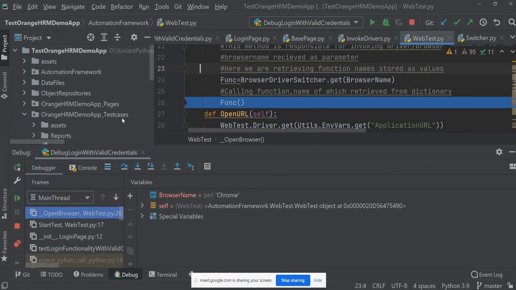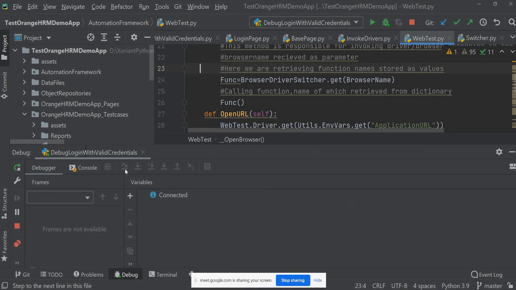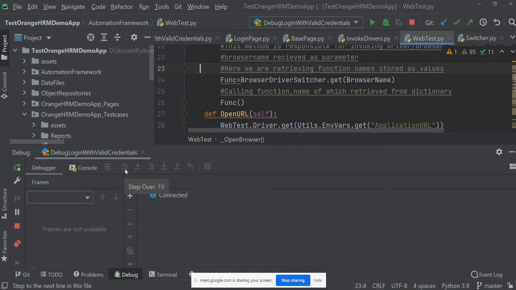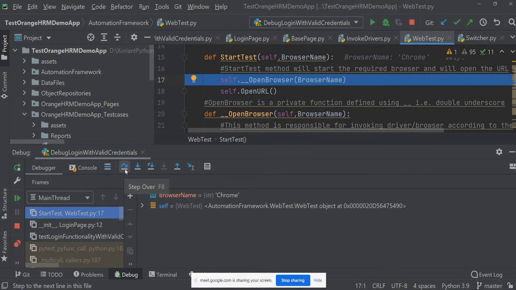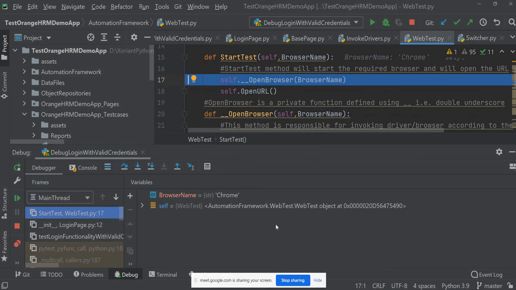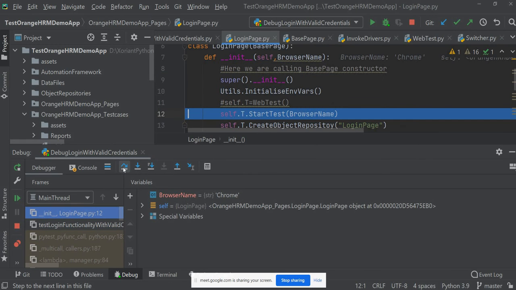So I'm saying step over now again. Now it is calling that function and invoking. So here it is, we are now done with the driver. Then here step over.